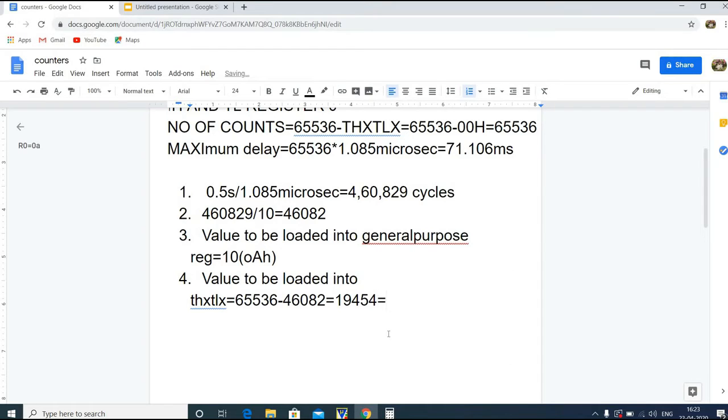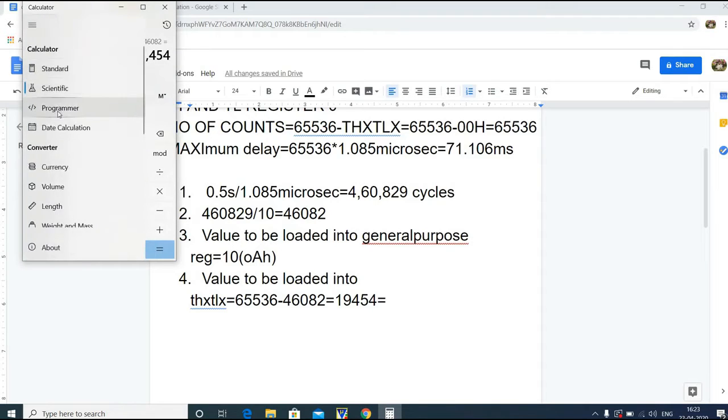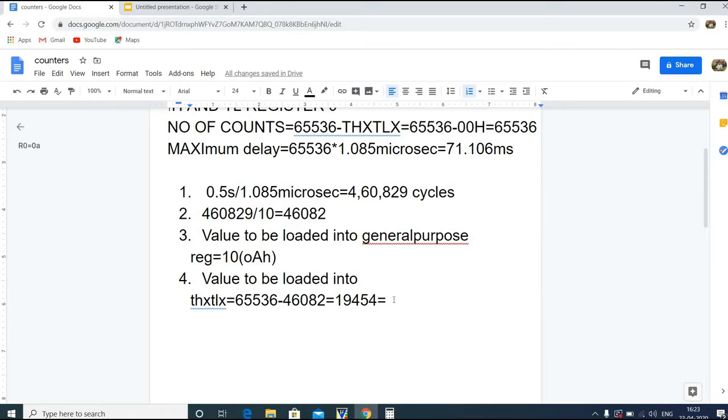The hexadecimal value for this, 19,454, is 4BFE.